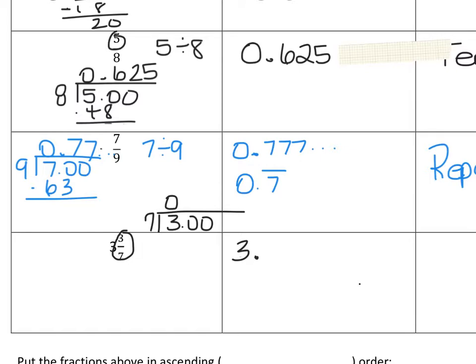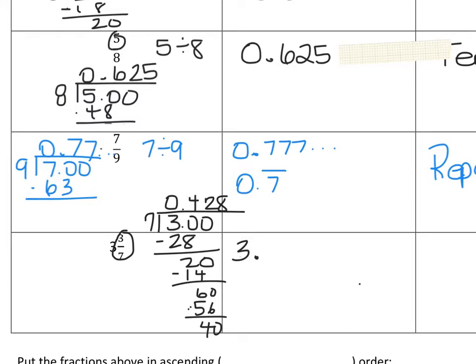That's 14. Subtract it. No, it's not 2 times. Sorry. Goes in 4 times, and that's 28. Subtract, and we get 20. Bring down the 0. 7 goes into 20 2 times. That's 14. Subtract, and we get 60. 7 goes into 60 8 times, and that's 56. And then we get 40. 7 goes into 40